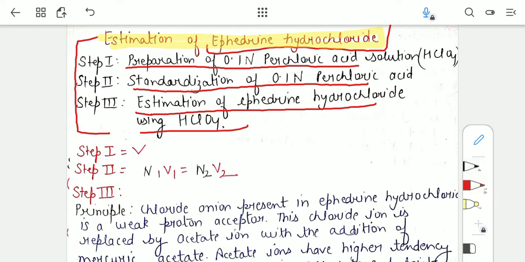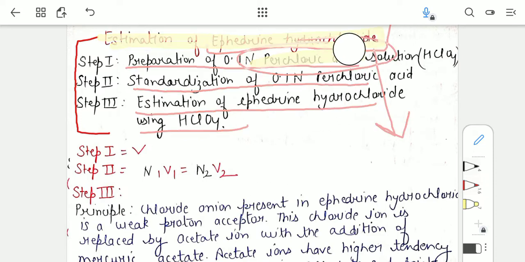Perchloric acid over here is a titrant which is being used in acidometry. Here also I will again explain that our ephedrine hydrochloride is a basic drug, and for the estimation of basic drugs we use acidometry, and in acidometry the titrant which is used is perchloric acid and the solvent which is used is glacial acetic acid. This I have already explained briefly in other videos, so here I am giving just an overview that perchloric acid is our titrant which will be used in this estimation.